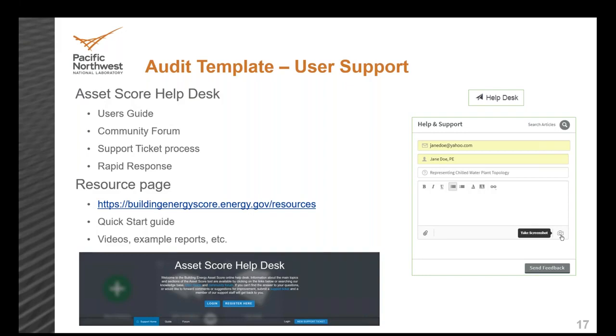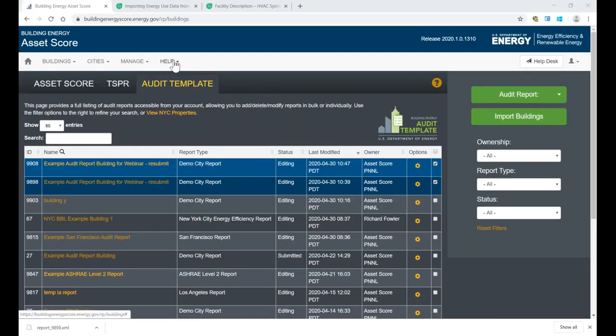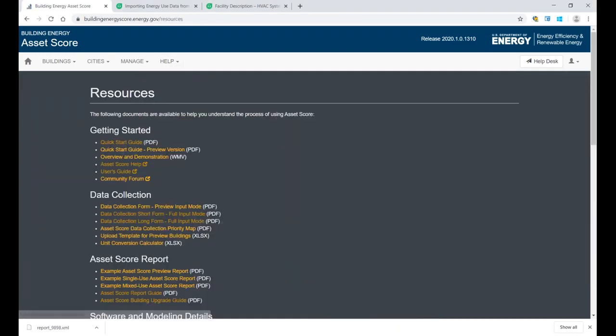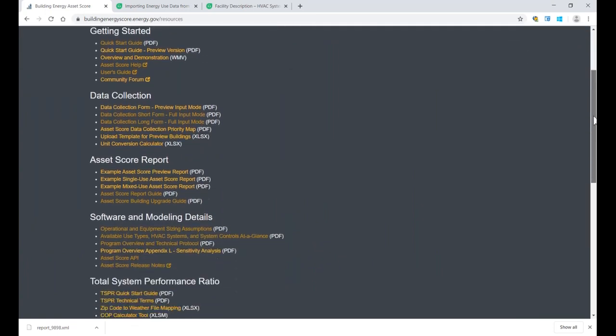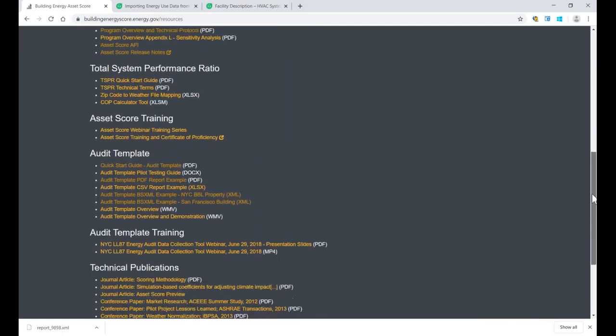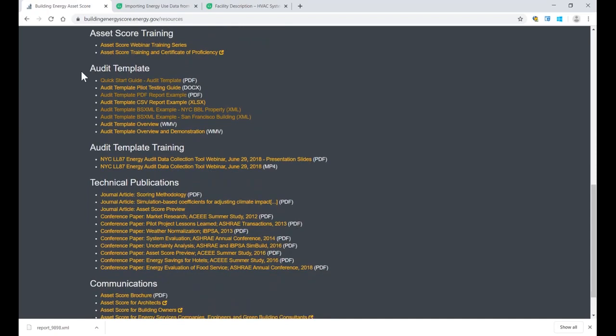Also want to point out the ASHRAE resources page has additional documents, including videos, example reports, etc., that may be useful. I'm actually going to, that's one thing I did forget. Okay, the help resources page. So that XML file that I downloaded and showed you for demonstration purposes, if you scroll down in the resources page to the audit template section of resources, there are a pair of already completed audit report buildings that may be